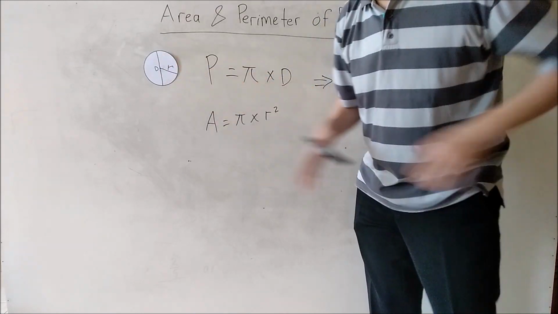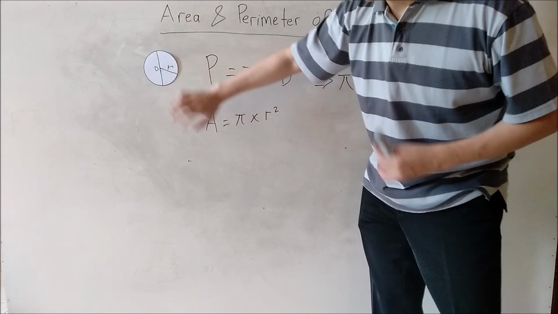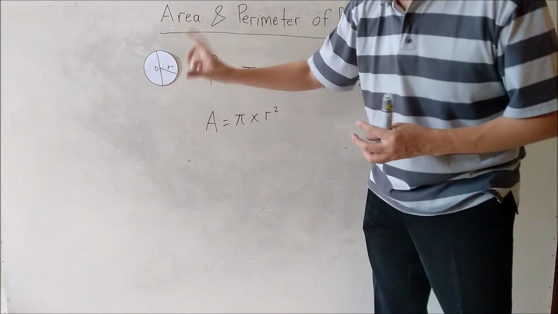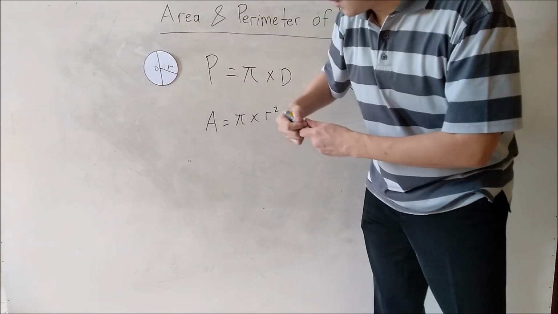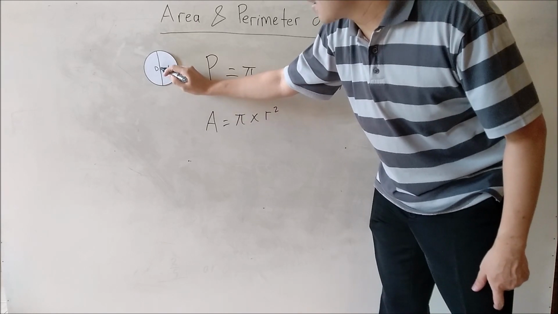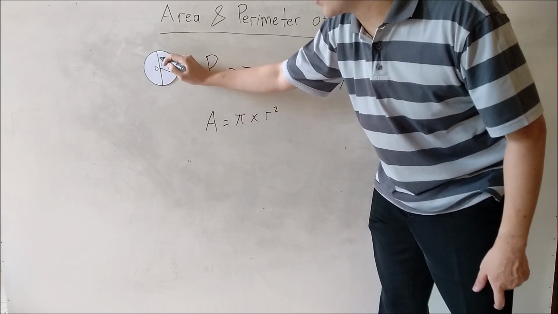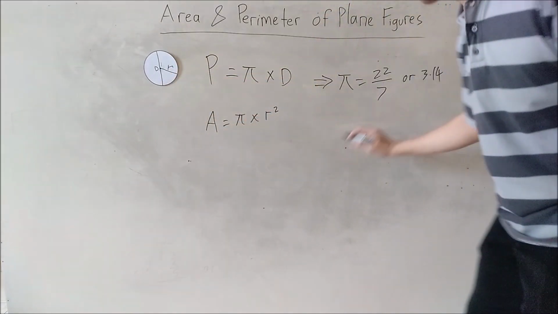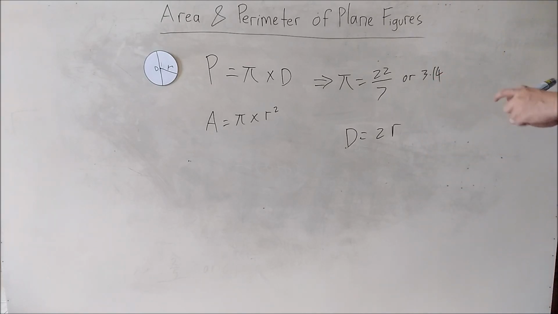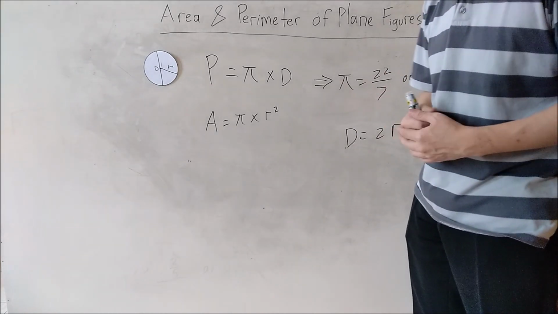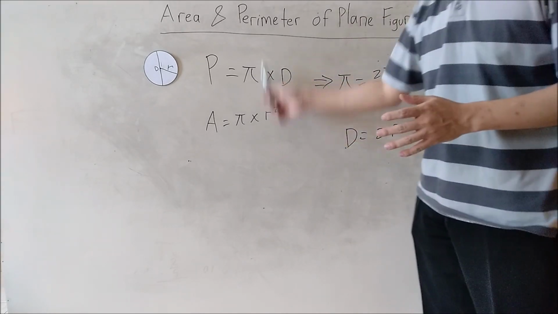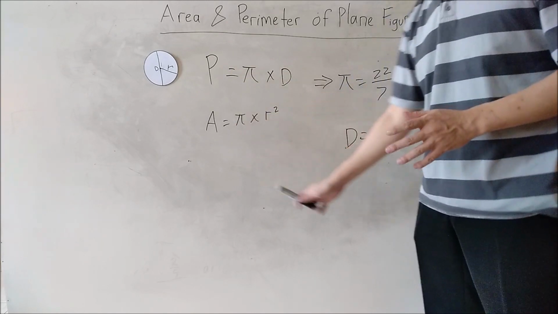While diameter is from one side to the other side. Do you see that from this middle to the bottom, it is r? And then from the center to the top also r. So actually diameter is 2r or 2 radius, while radius is half of the diameter. So no matter what is given to you, either the radius or the diameter, you will be able to find both perimeter and area.